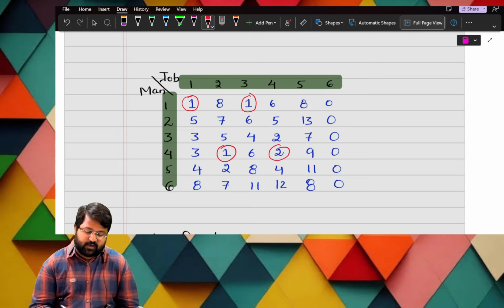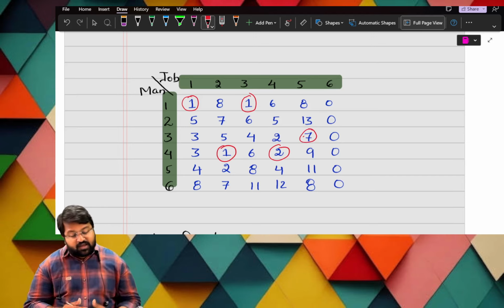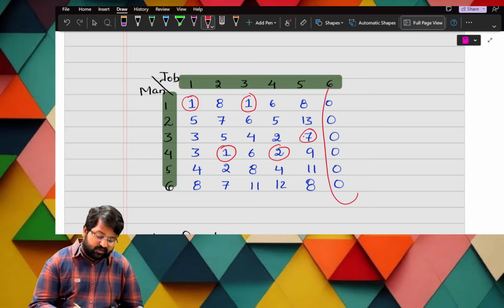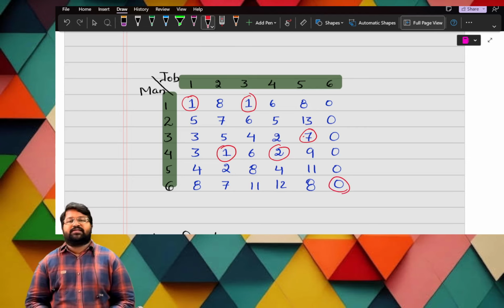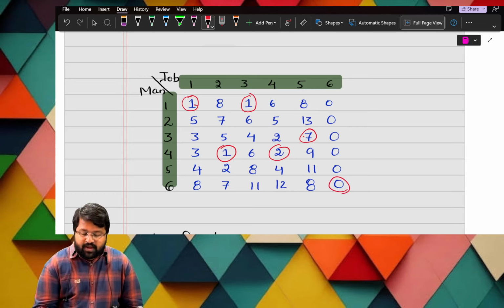You identify this. Next, in this, what is the least number? 7 or is anything less than 7? 8. Is there anything less than 8? 7 only. 7 is the least number. So here in this last column, column number 6, there are this many zeros. Which zero do I have to identify? Any zero. So I identified this zero. Now what is the next step? 1 minus 1, 5 minus 1, 3 minus 1, and I have to do it for all.